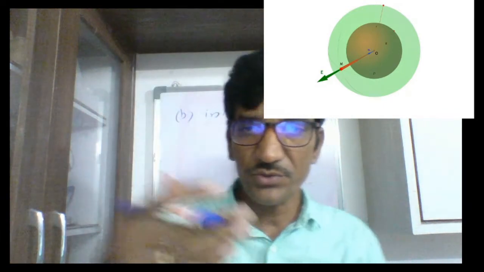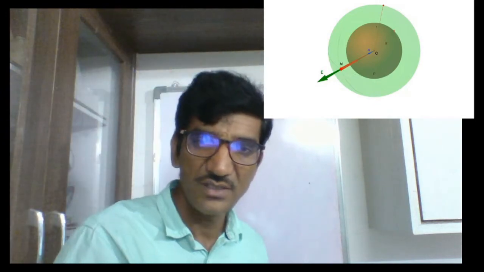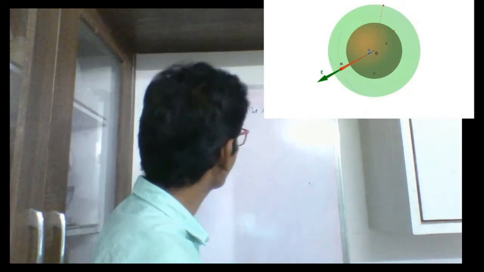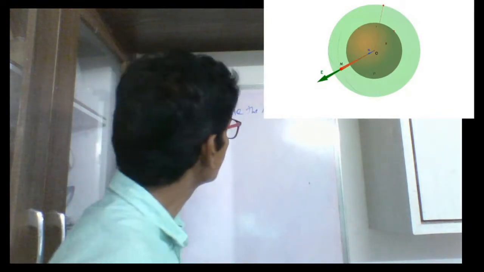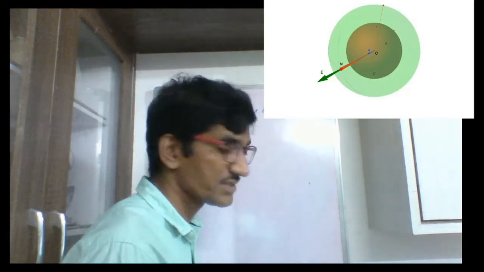Now what you have to do in this slide: you see the outer layer of the outer shell is the original sphere surface. The small sphere is there inside. Now this is your Gaussian surface. The surface of the small sphere is your Gaussian surface. Your original object is the big one in this figure in the slide. Now let me draw the diagram for the application of Gauss law for this case.